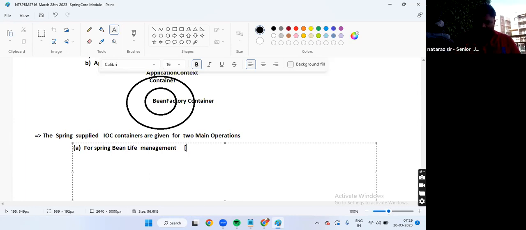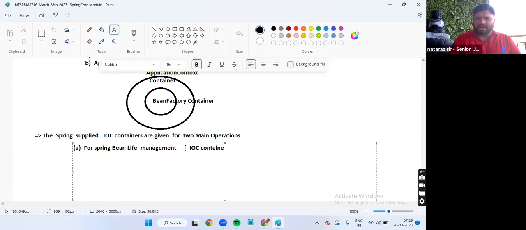What's the meaning of this? The IOC container takes care of the Spring Bean life cycle from birth to death. What do you mean by birth to death, guys? From object creation to object destruction.